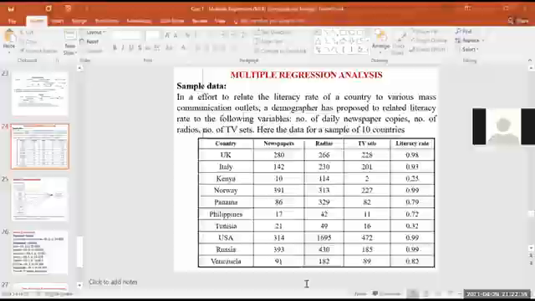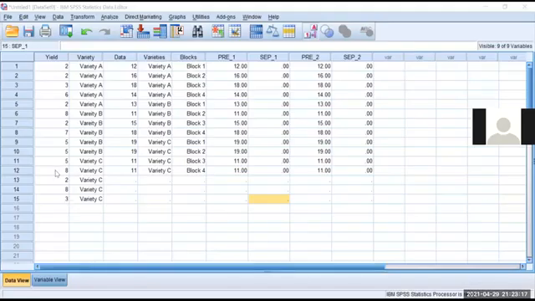I will stop sharing and show the SPSS window because you may get confused. Sir, now you see, sir, variable view.